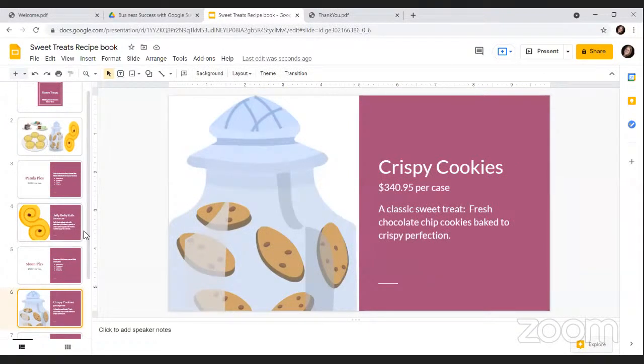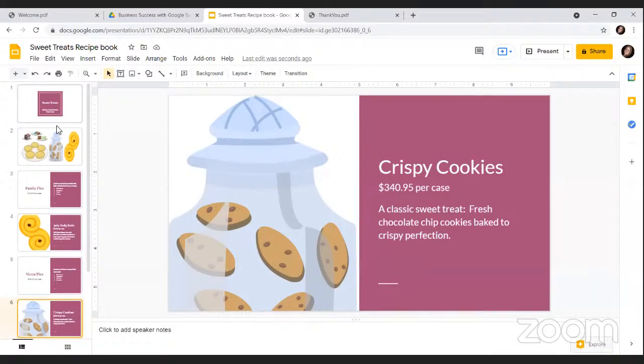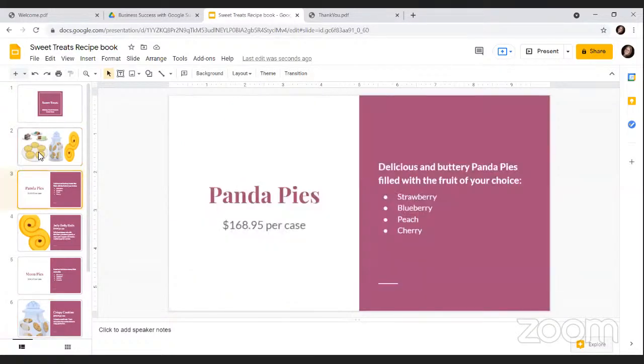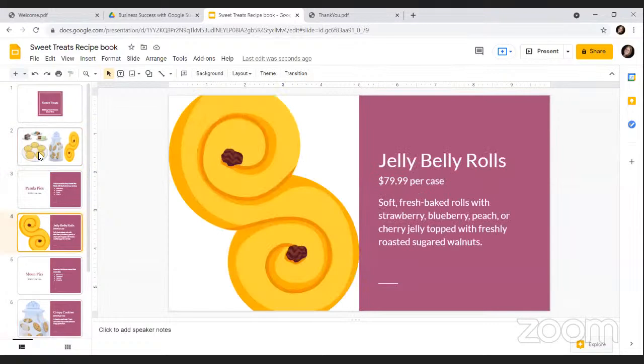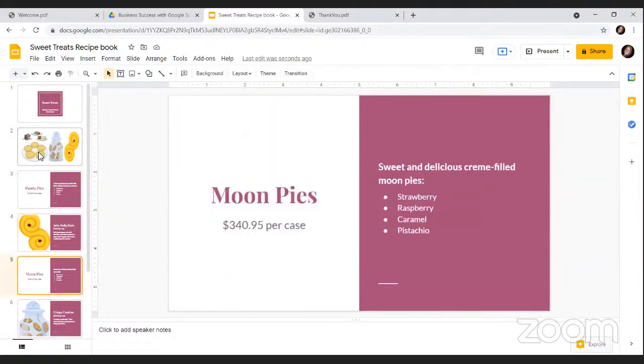Now, one final thing I want to cover before we move on to our next section is just the difference between our grid view and our film strip view of our slides. So this film strip view is the default view that we see right now on the screen, with each of the slides going down on the left-hand side, just one after another, and you can click on them and you can navigate through them. You've got that preview pane, and then you've got your main editing window for the majority